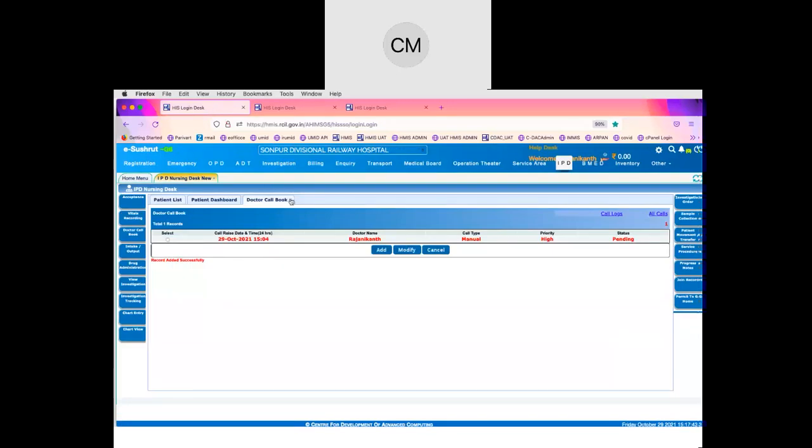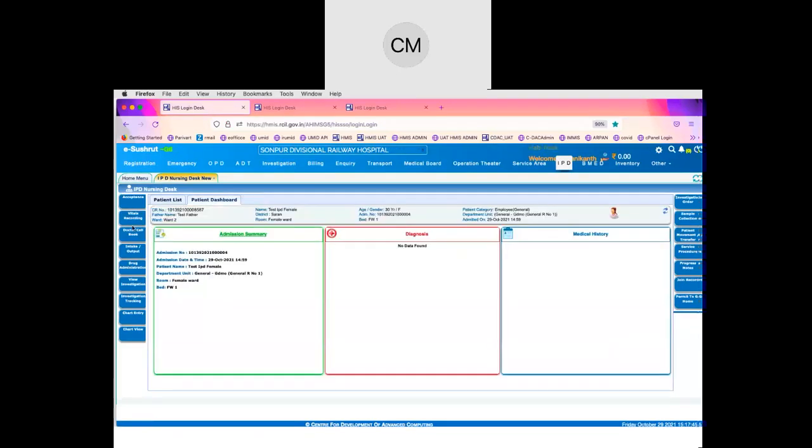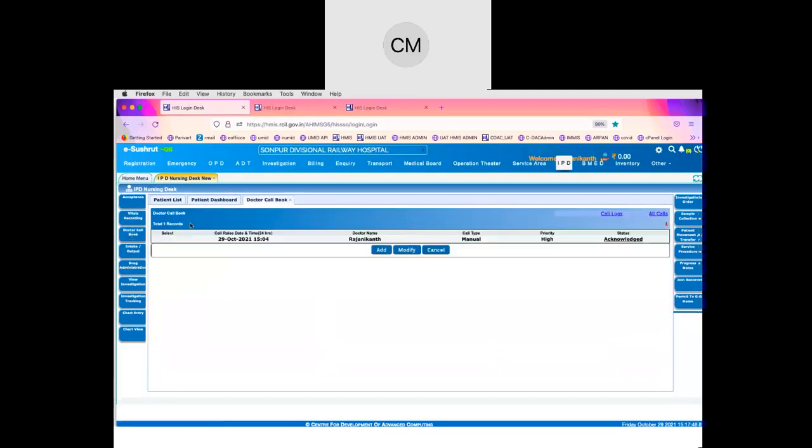So now let us come back to the nursing desk before we talk about the uploading options and the discharge aspect. So let us complete the whole course that happens following up with the observations made by the doctor. Then we will come back to the discharge aspect.